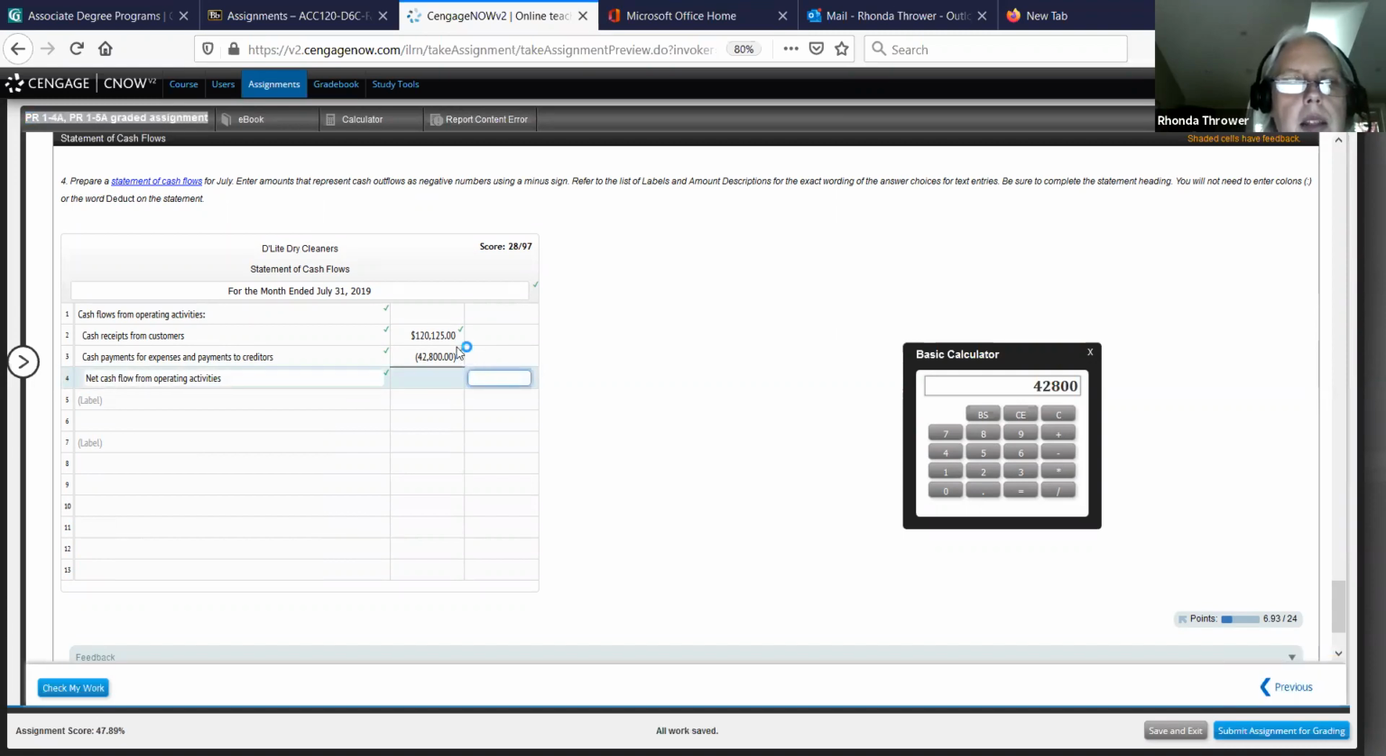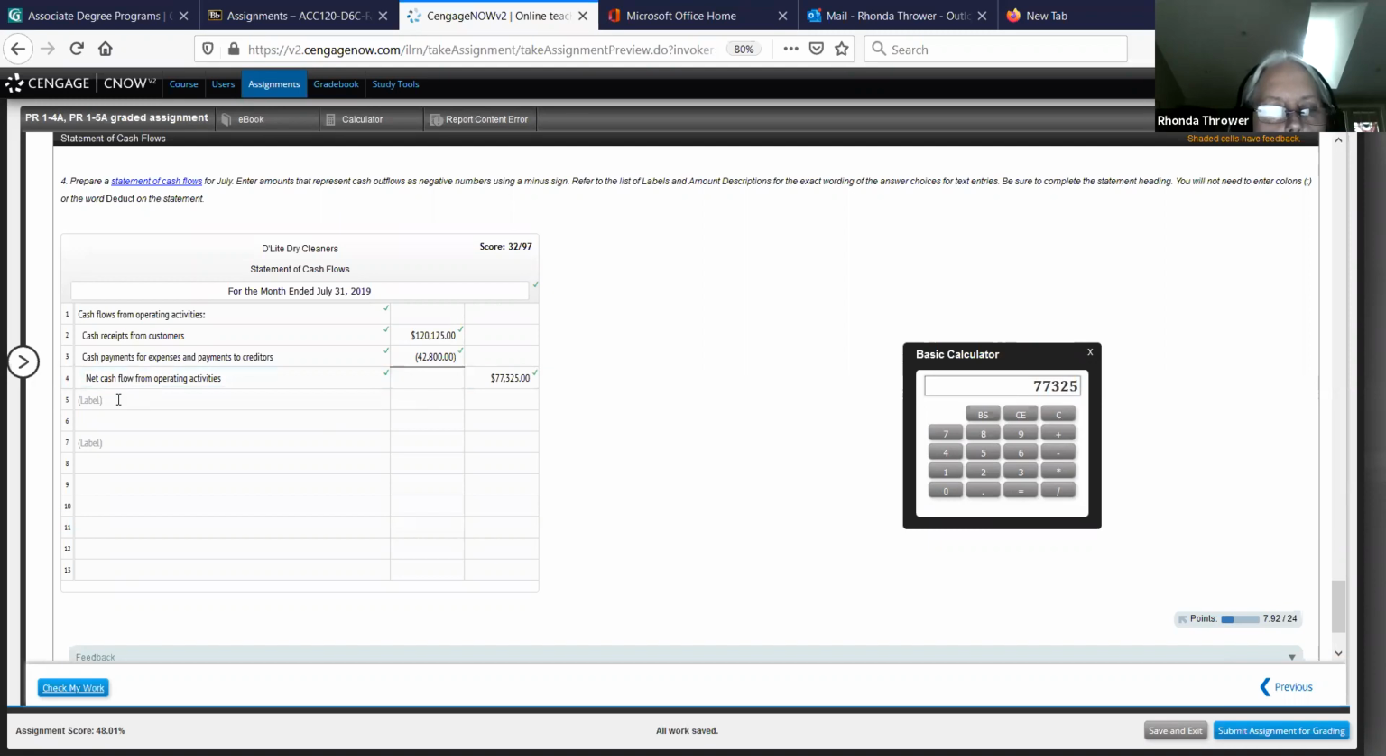And what I'm going to do is I'm going to net these two out. So I'm going to take 120,125. I'm going to subtract from it 42,800. And what that will give you is an amount of 77,325. Check your work, and then we'll go on to the next type of activity that would show up on the